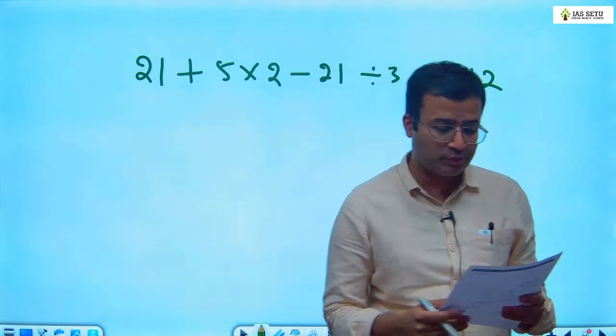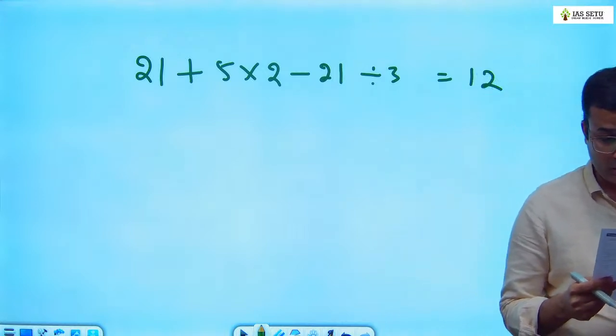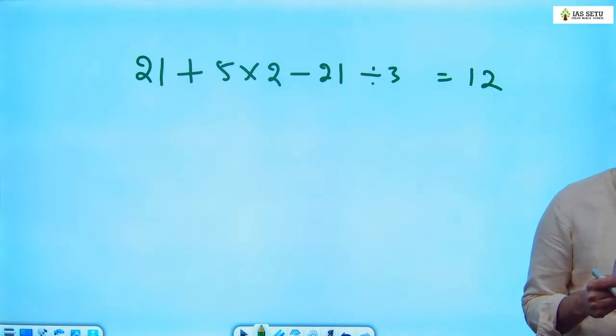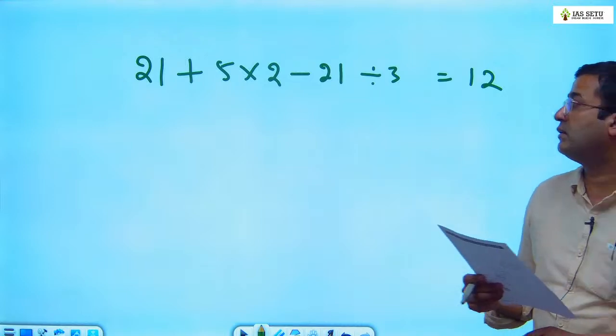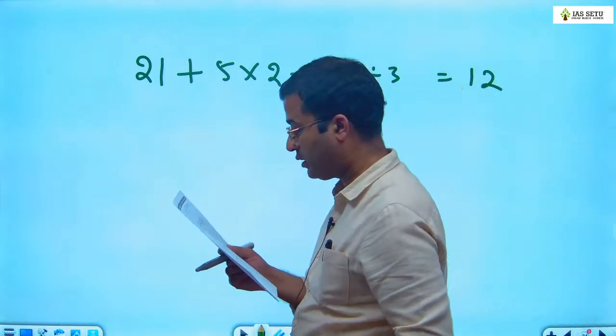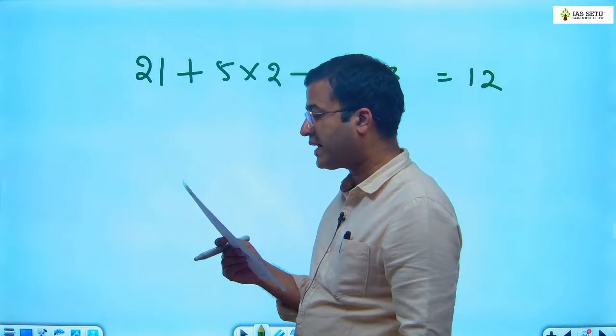So the total has to be 12. Okay. इंटरचेंज मतलब प्लस को माइनस करके देखेंगे।